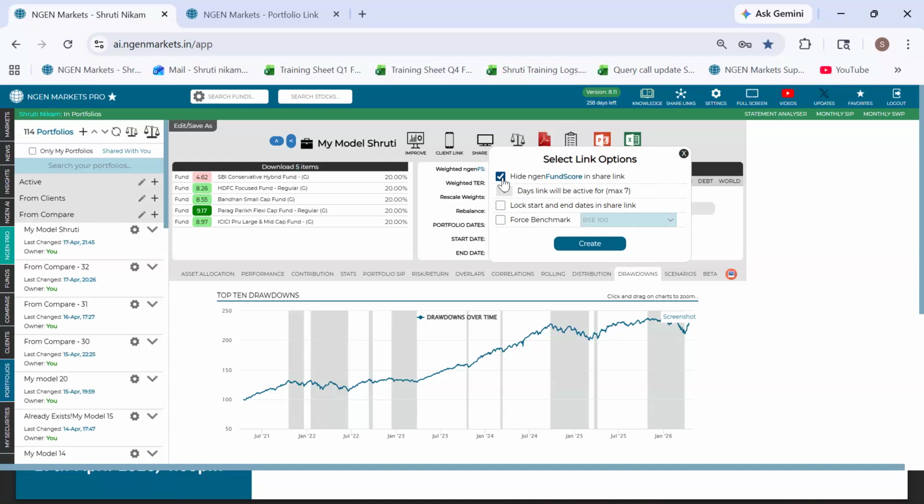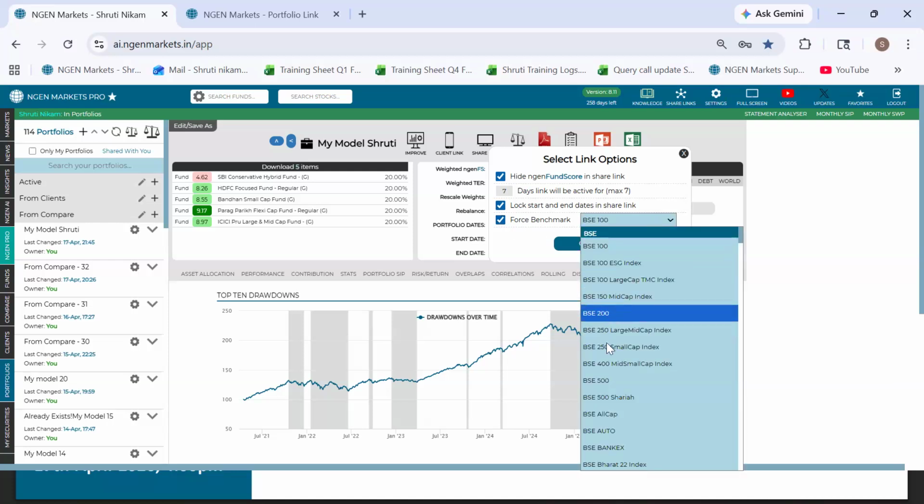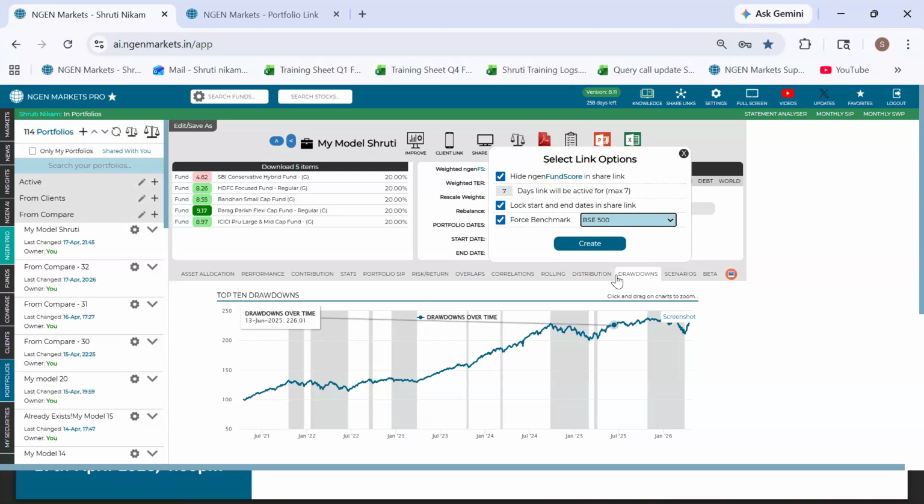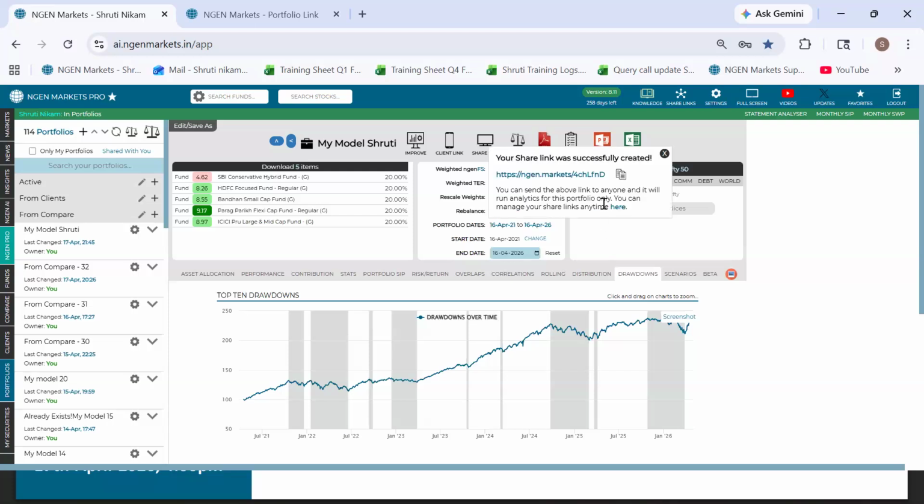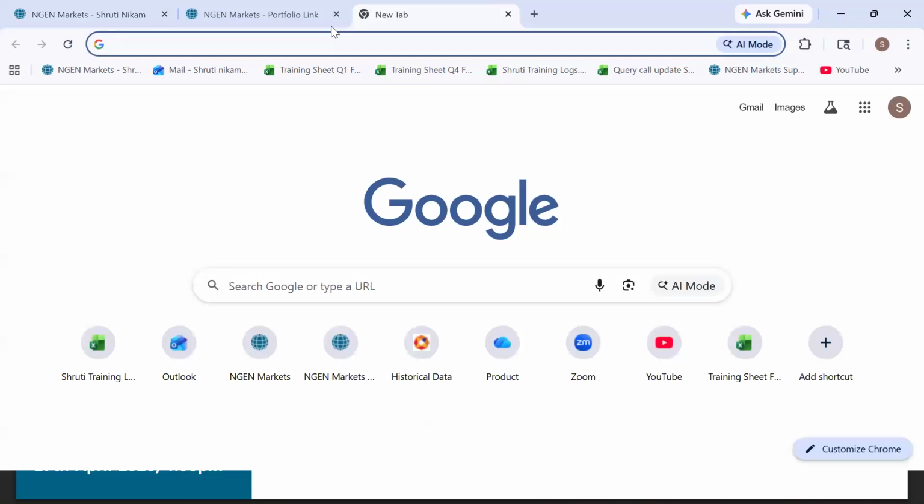First is for hiding engine fund score, then you lock start and end dates in the share link, and the last is for forcing the benchmark. Now I will be selecting BSE 500. And here, please note that this URL link is valid for up to 7 days. Now, if you click on this create icon, and send this particular link to your client,